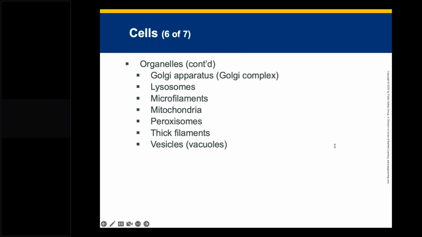Lysosomes dispose of cell waste, using enzymes to break down nutrients and foreign particles. Microfilaments are composed of the proteins actin and myosin, which provide cell movement and contraction via the interaction of actin and myosin. The mitochondria, which are the powerhouse of the cell, have double membranes that play the central role in